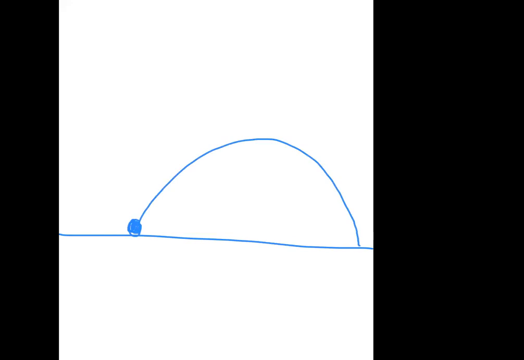Anyway, here's the ground. Let's imagine that you're going to take a soccer ball, it's on the ground, and you're going to kick it. It's going to follow a path, something like that. A couple of things I might want to know: How high does that soccer ball ever get? How long does it take to get to that highest point? How long is it going to take for it to hit the ground?